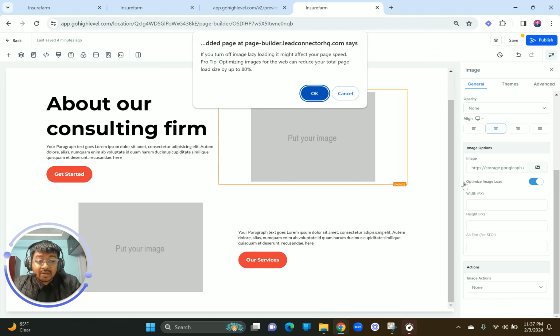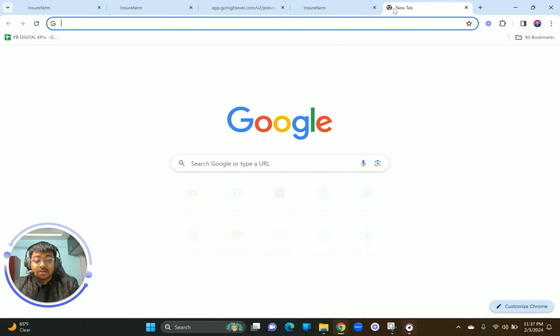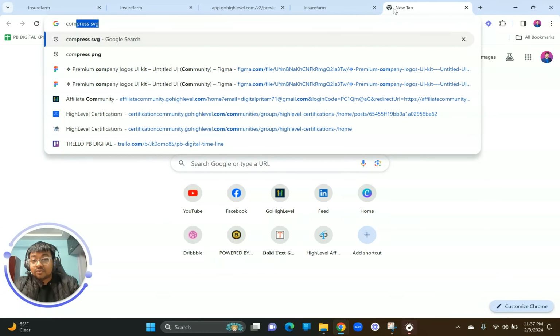I am basically turning off image optimization because if you do not turn it off, what Go High Level is going to do is take the image which you have uploaded on your page and reduce the quality, and that will actually make it look pixelated. Rather than that, what you should be doing, I think I've already told this, but I'll show it to you again, is going to